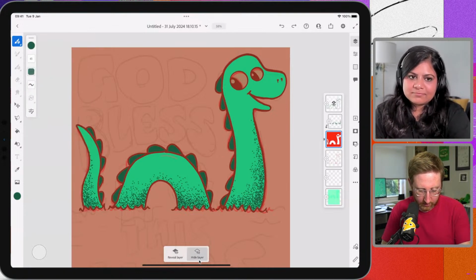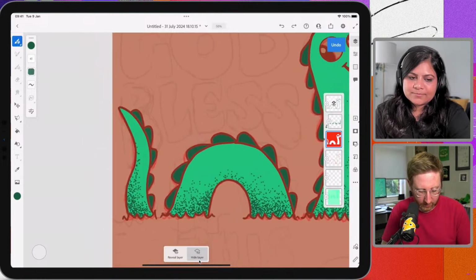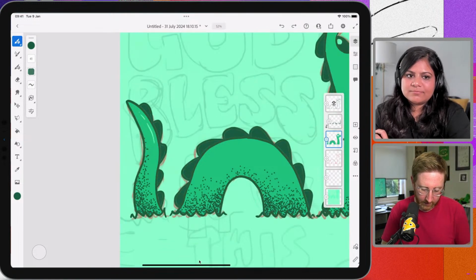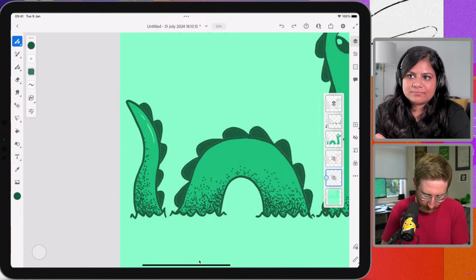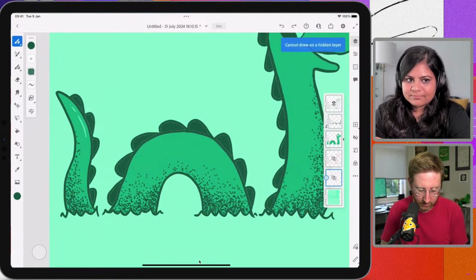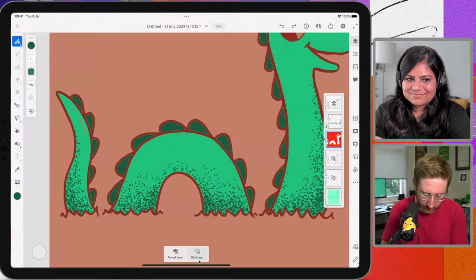What I want to do is add a couple of thick lines just to show a highlight or something like that. Let's see what that looks like. Let's hide these sketches, so just do a little bit of detail on Nessie.